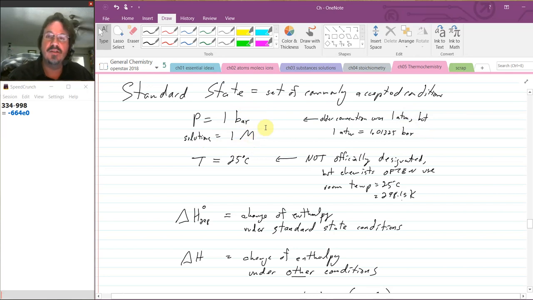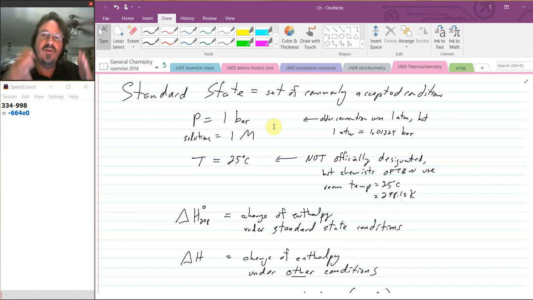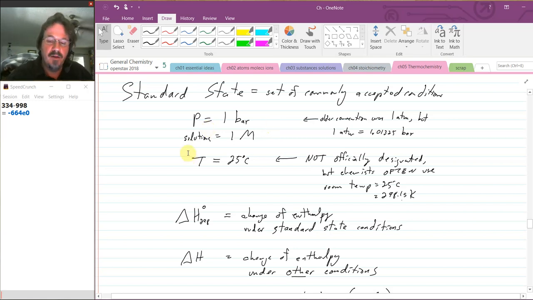That's just what we call the standard state, a standard solution. Most solutions are not going to be sitting there at 1 mole, and so when we do calculations, we always have to keep that in mind. We're probably not at the standard state. However, when we list thermodynamic values, like the delta H of this reaction or of that process, we will often list them in the standard state just so that they're comparable. And you can always take those values and do little tweaks, little calculations to go away from the standard state to whatever concentration you have. We're going to see how that works. But anyway, 1 molar is the standard solution concentration.